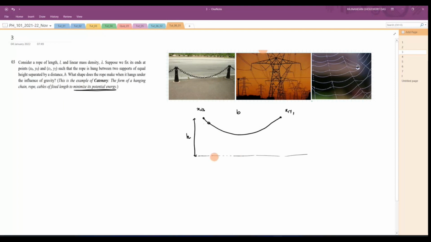So first let us write, for any segment, suppose this is at x comma y, and we have taken a small element dx, dy, and we want to write the potential energy of this one segment. This will become lambda times the length of this element, that is the mass m, times g, times the height of this element, which is y. Then if we integrate, this will be the total potential energy, right? This part is clear.